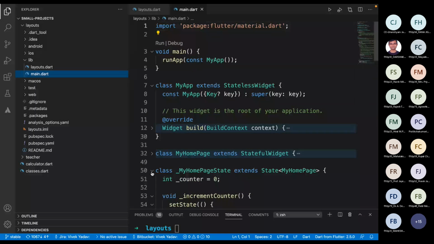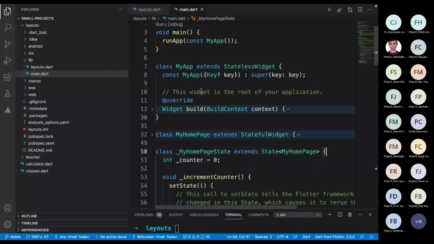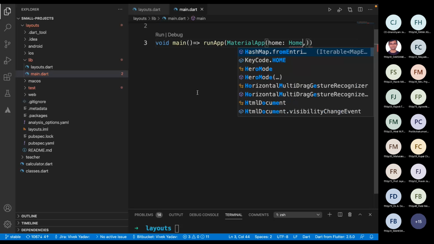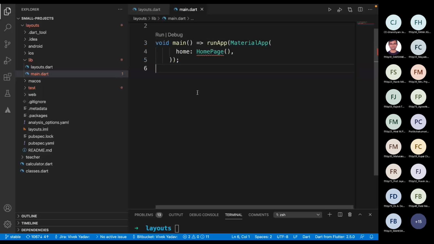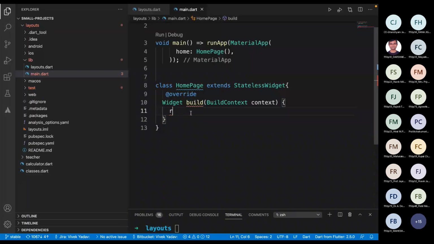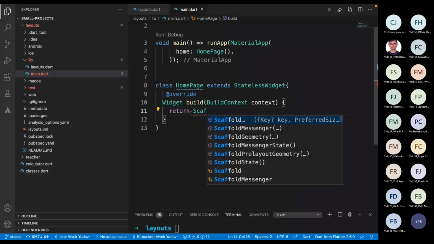You are all familiar with this Scaffold widget, right?